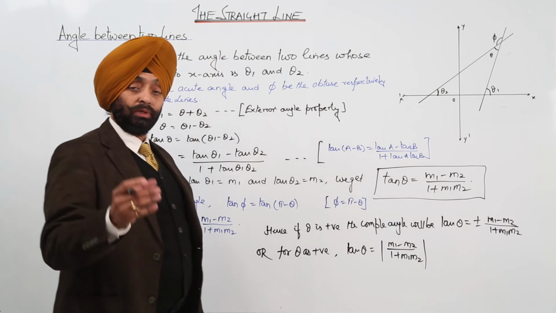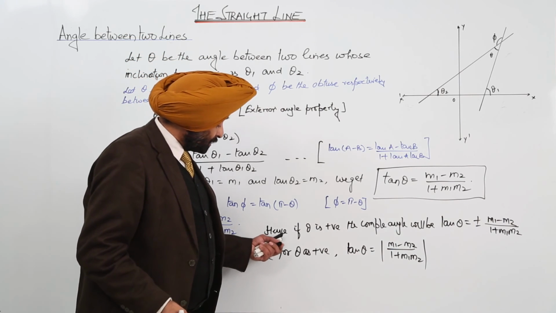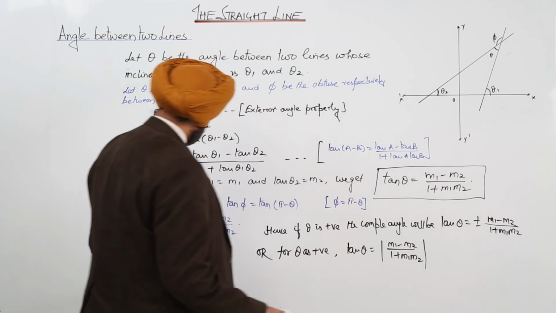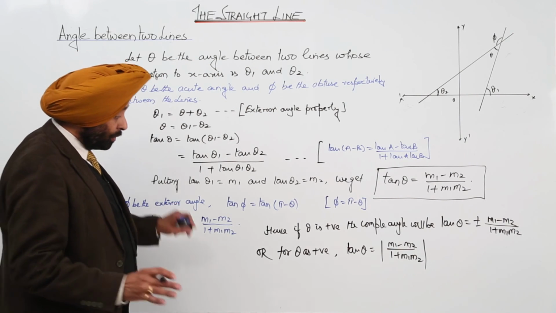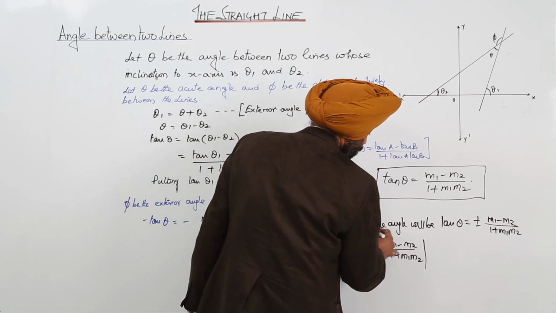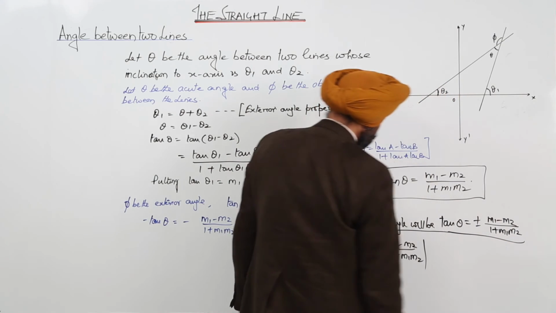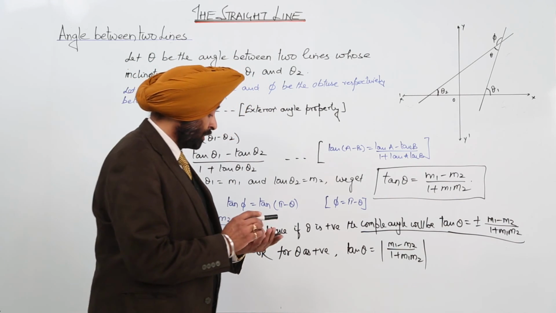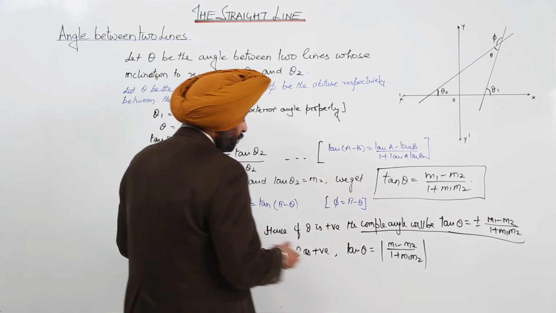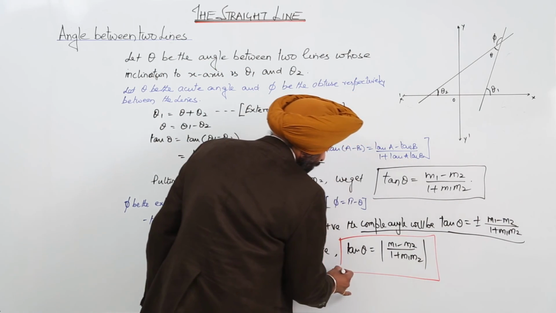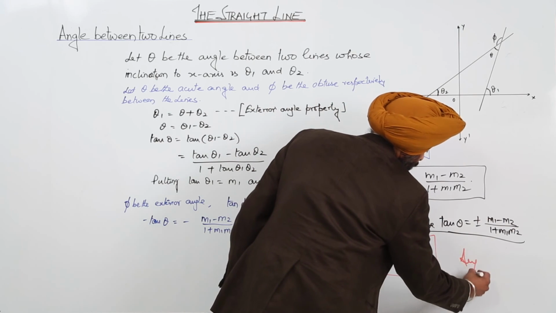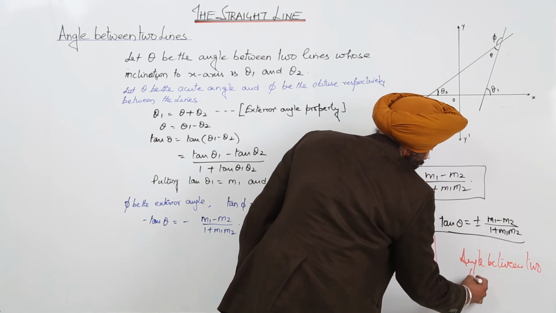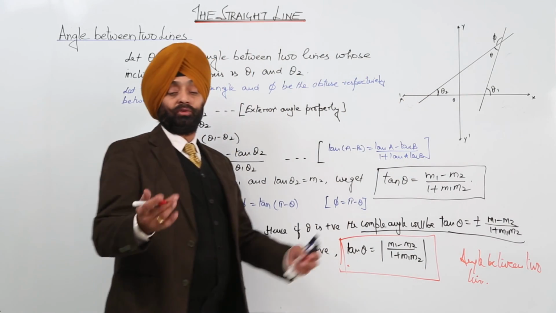Okay, so a very simple thing I have written: hence if theta is positive, now theta is positive means theta is acute. Here also the negatives we can cancel, but the complete angle we have to write, that is this one. So for theta positive, we can go only for this formula. So we have the angle between two lines, that will be given by this formula, the angle between two lines when slopes are given to us. Is it clear?